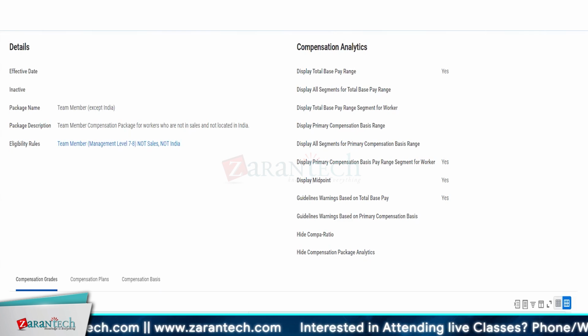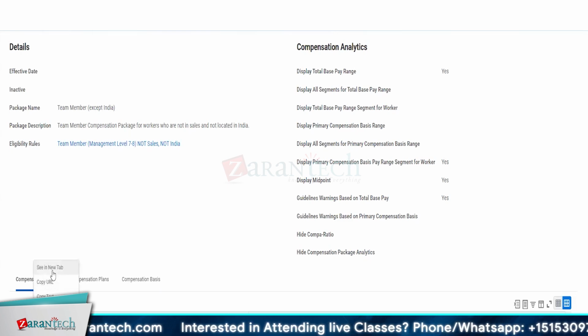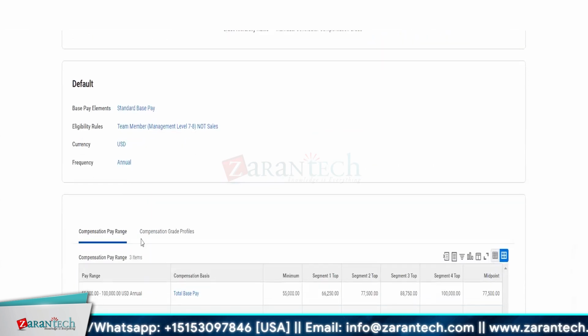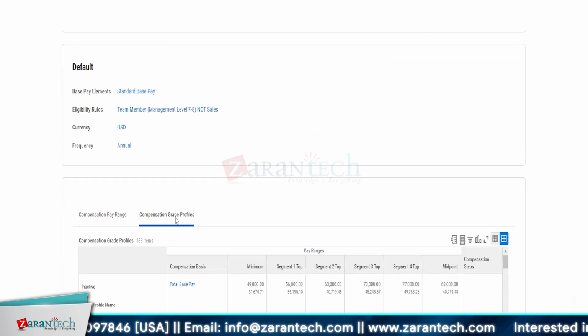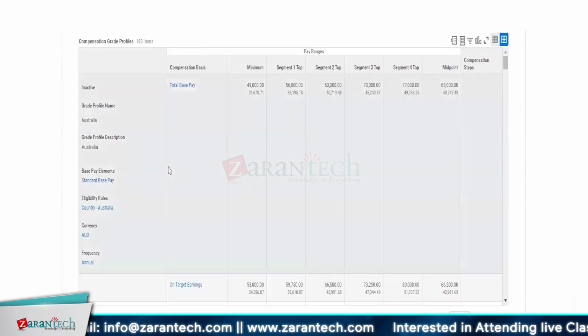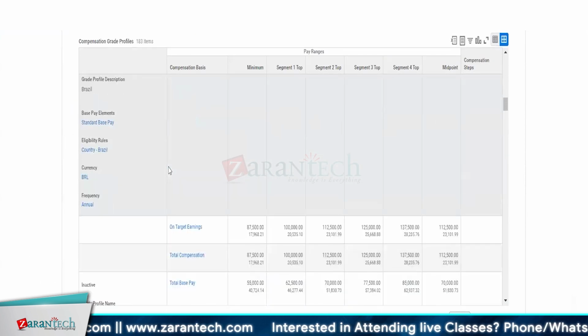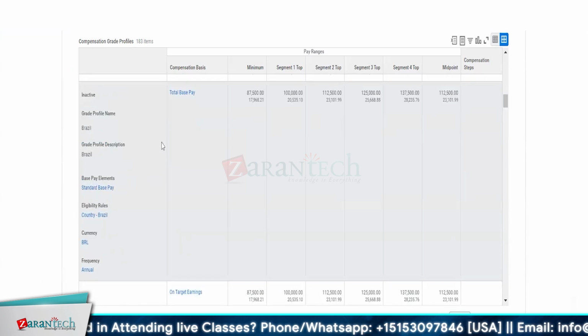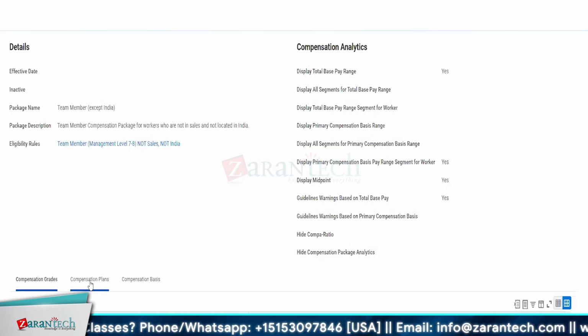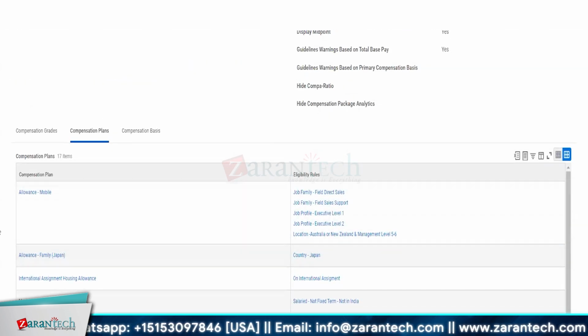From this comp grade, if there are compensation grade profiles mentioned, it will check which compensation grade profile is the best match. There are 183 compensation grade profiles. Which one is the best match? And how does it know? Based on the eligibility rule, it will assign that particular compensation grade profile, and then it will look for compensation